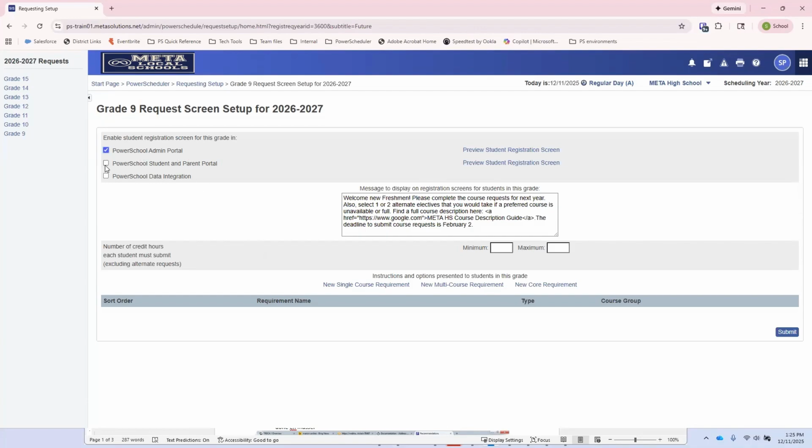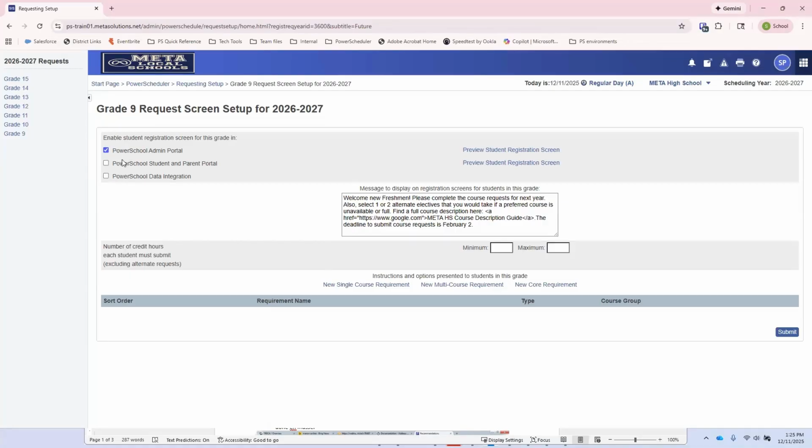Completely opposite. I don't want you to check this box until you are ready for students and parents to see the screen, the request screen in the public portal. So student and parent portal, public portal, whatever you want to call it. Don't check this box until you are ready to go live, as I put it. All right. When you're making that announcement, the portal is open. Students can make their requests. That's when you check this box. This is the last thing you do, just about the last thing you do before students can get in and